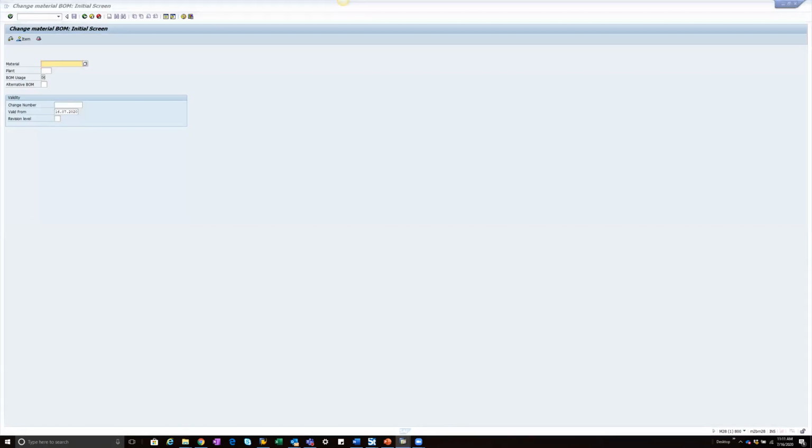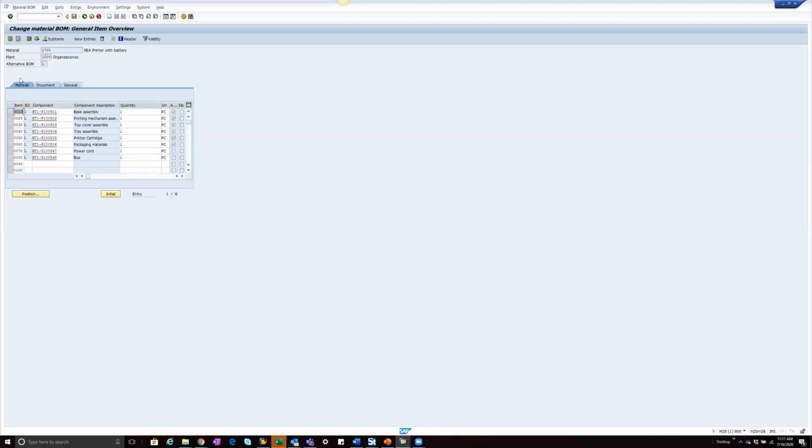Okay, let me get my data here. I'm going to use a different BOM for the change, one that has a few more components. So you put in your material, your plant, your BOM usage, which is usually either 1 or 3. 3 is, I think, universal, 1's production. Change number, if you want to use it. We're not going to use it during the demonstration, but you could capture these changes under a change number if you're using revision control. And then you hit enter when you're done, and it goes into editing the BOM